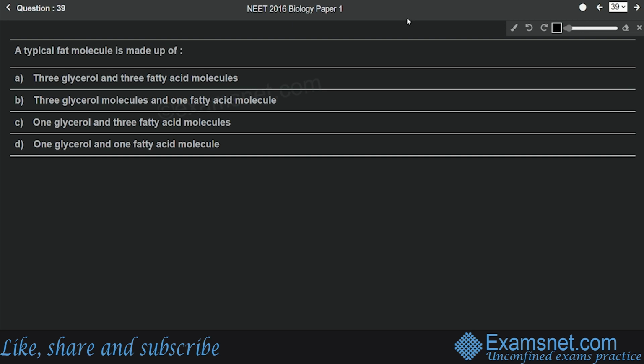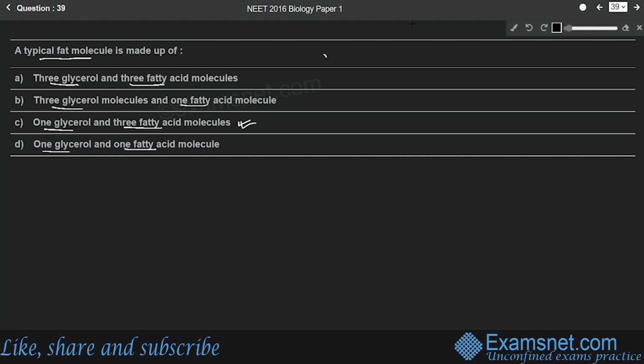Question number 39 is from the chapter Biomolecules, and the question is, a typical fat molecule is made up of option A 3 glycerol and 3 fatty acid molecules, option B 3 glycerol molecules and 1 fatty acid molecule, option C 1 glycerol and 3 fatty acid molecules, and the last one is 1 glycerol and 1 fatty acid molecule. So the correct answer is option C, that is 1 glycerol and 3 fatty acid molecules, because 1 glycerol contains